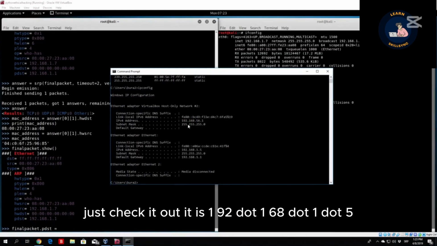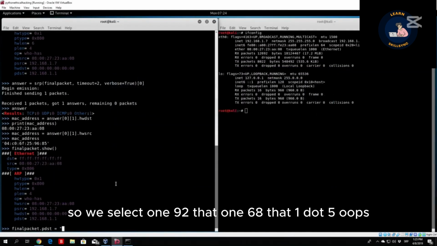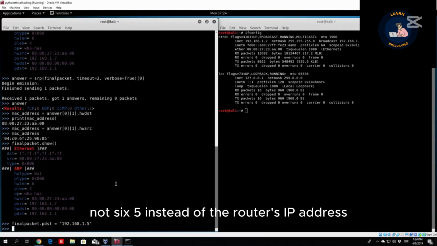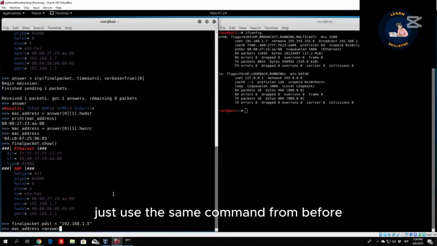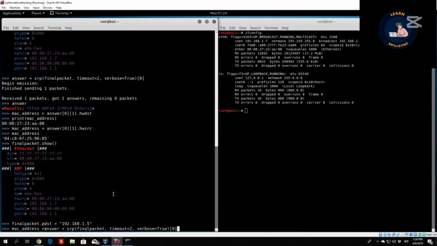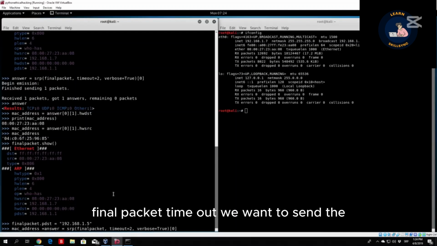So let me check it out. It is 192.168.1.5. So we select 192.168.1.5. Whoops, not 6, 5, instead of the router's IP address. And all we have to do is just use the same command from before. Final packet, timeout. We want to send the,